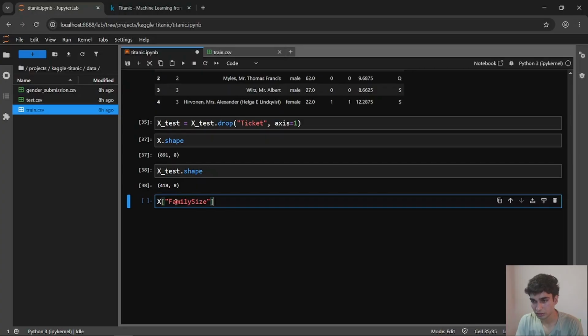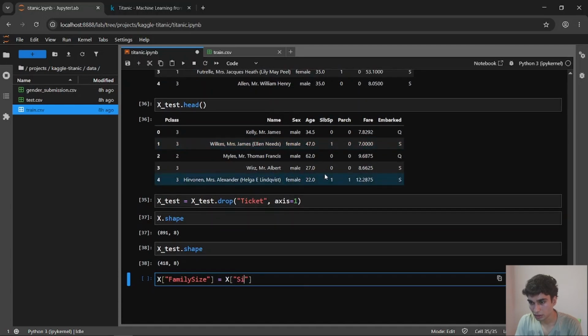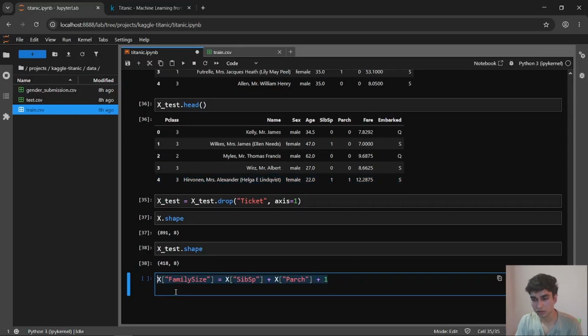Family size is going to be equal to x SIBSP plus x parch, plus 1. It's going to be plus 1 because it includes the person himself. If there is an alone guy, you don't want to think that he has 0 family size, his family size is 1. So do this for test,